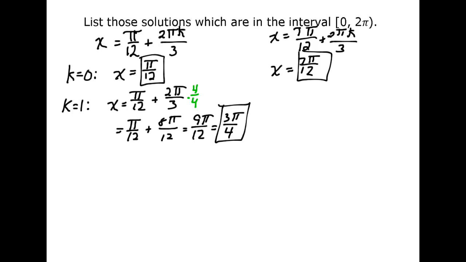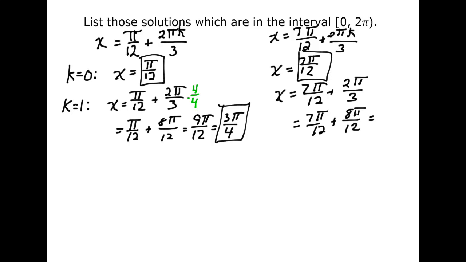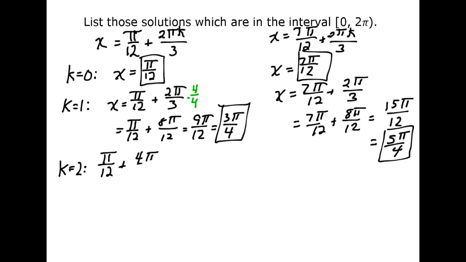Let's let k equal 1 over here, so we would have x equals 7 pi over 12 plus 2 pi over 3, and we already saw that was 7 pi over 12 plus 8 pi over 12, so 15 pi over 12, and that also reduces. That would reduce to 5 pi over 4. Okay, how about if k is 2? K is 2, I'd have pi over 12 plus 4 pi over 3. So getting the common denominator,